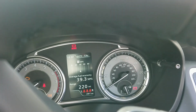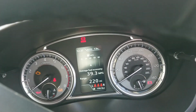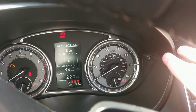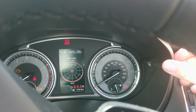Wonder why that's not doing anything. Oh, I know what it is. It's this button here, isn't it? Let's see if it's this one. Yes. It's one thing that they carried over from the old car and also the Vitara that I'm not